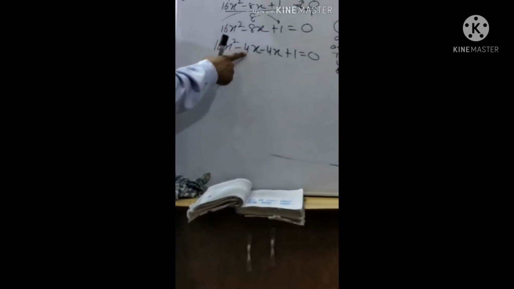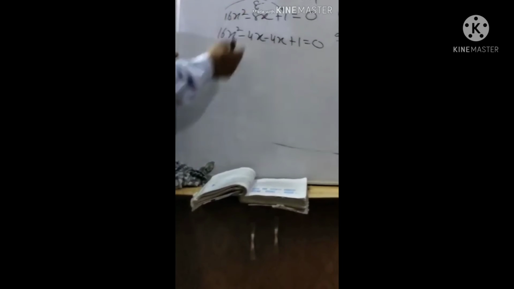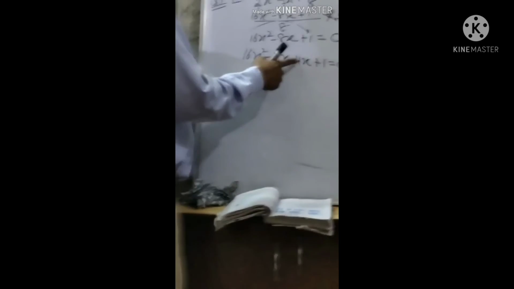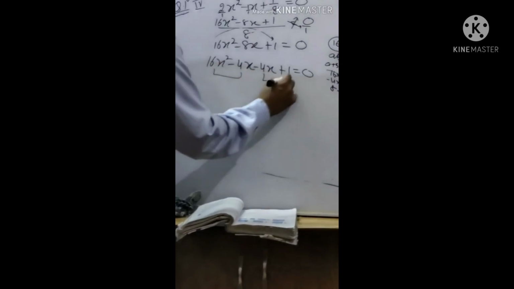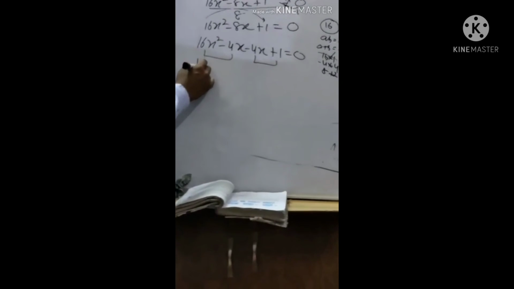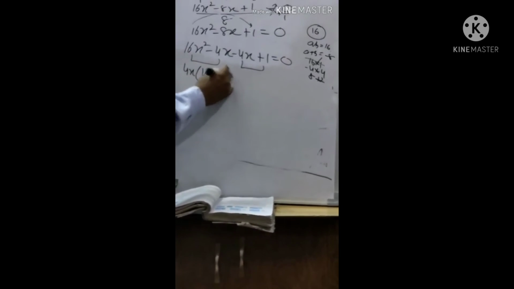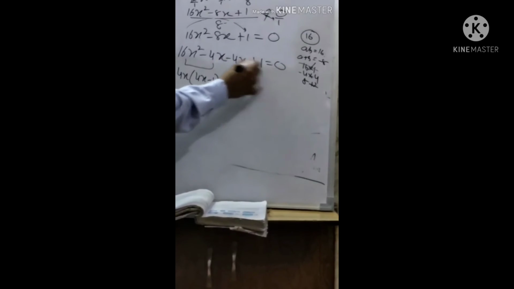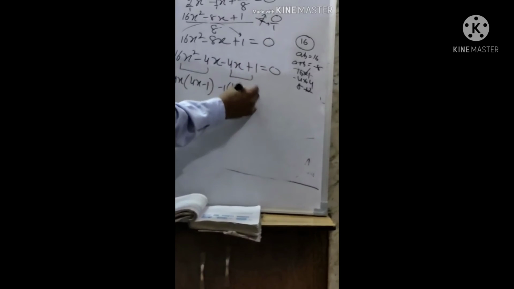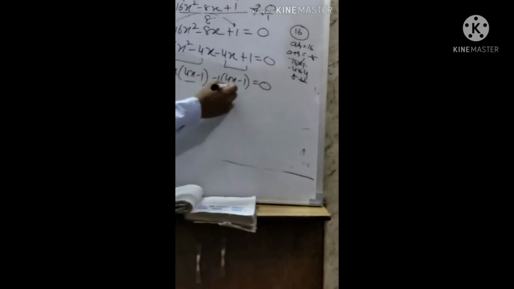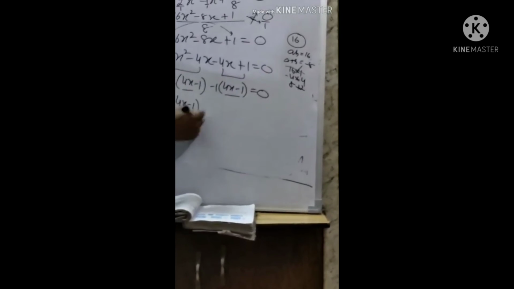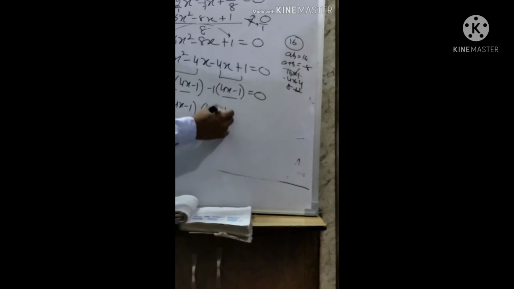So you can check, minus 4, minus 4 is minus 8. Hear this, and minus 4 into minus 4, this is 16. It means take minus 4 with the sign, that it will be easy for you in future. So now first 2, last 2. In this, 4x common, 4x minus 1. Here minus 1 common, only the sign will change. So this is 4x minus 1, 4x minus 1. So this is 4x minus 1 equal to 0.